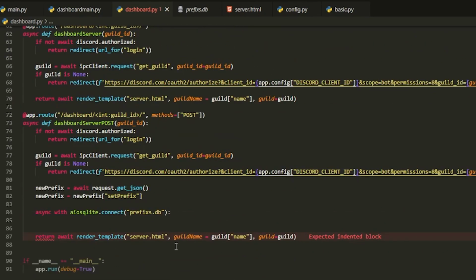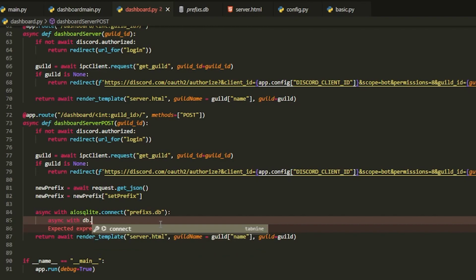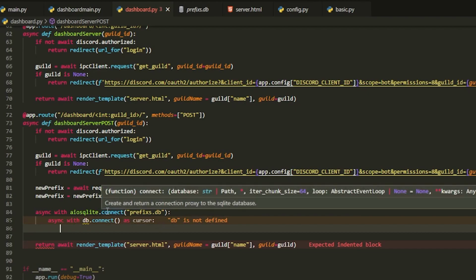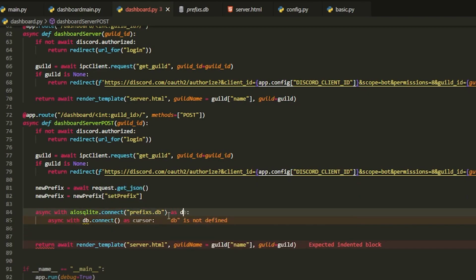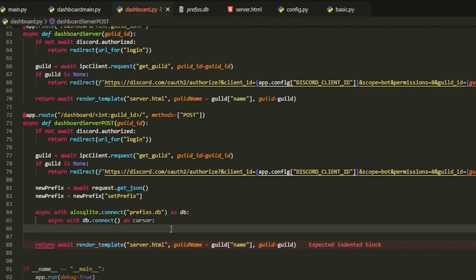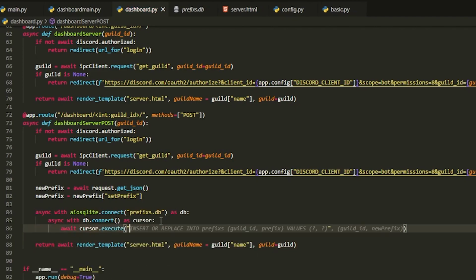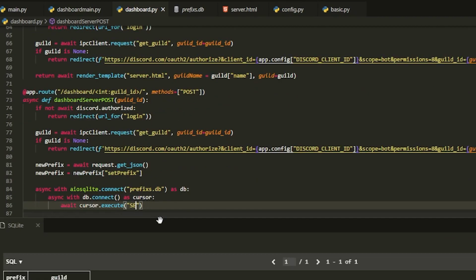But now let's actually code into it. So we can do async with another one, db.connect as cursor, and I also forgot here, this should be as db. But after we have that, then we can do await cursor.execute and do select,